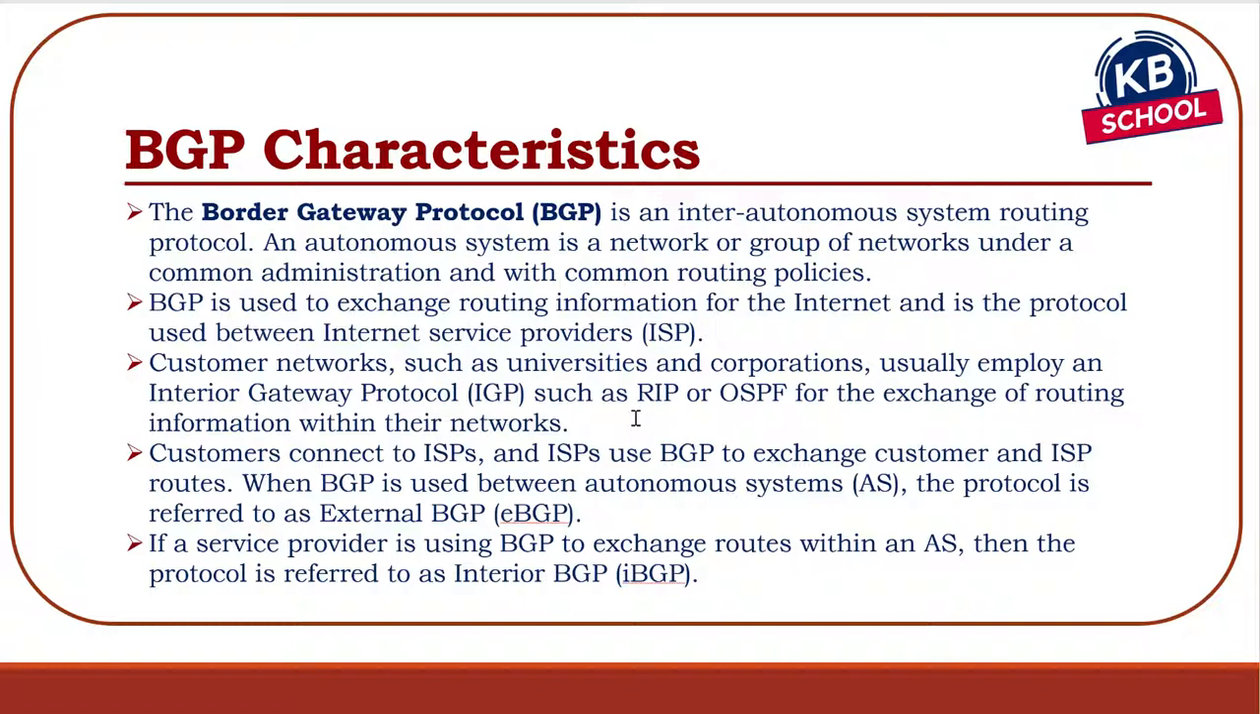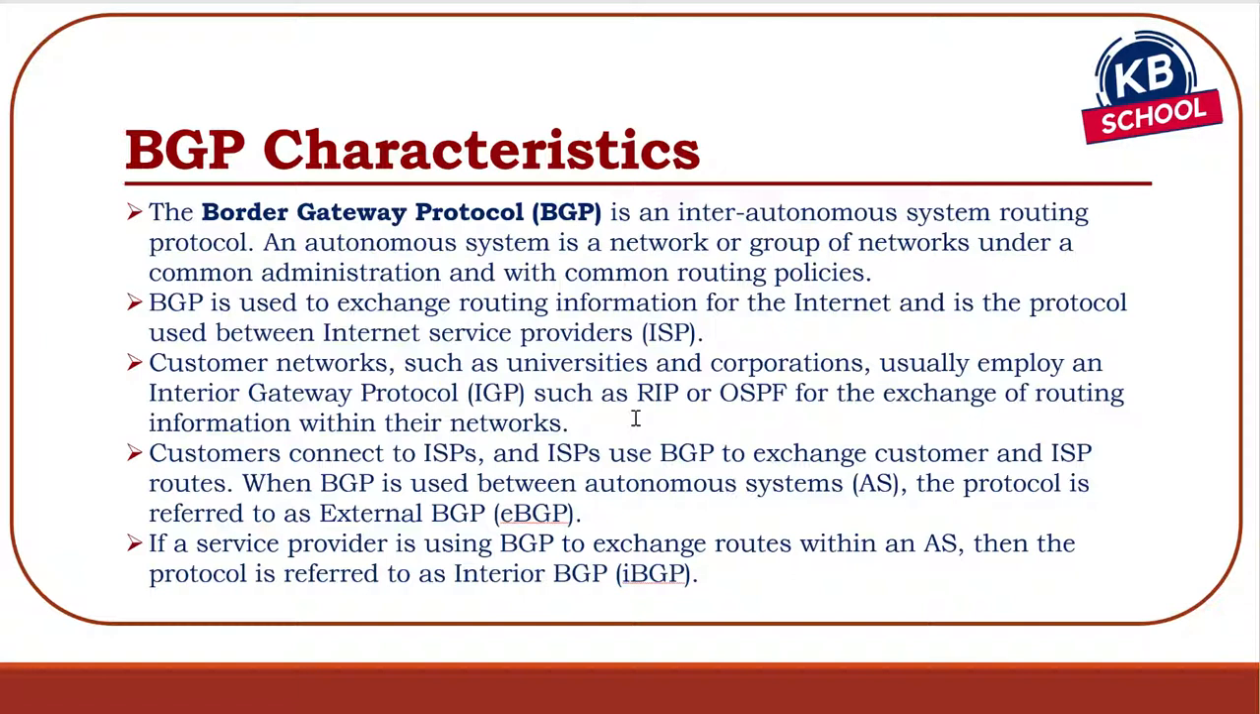BGP is used to exchange routing information for the internet and is the protocol used between the ISPs. We talked about that already. Customer networks within the companies will run some form of an IGP, whether it's RIP, OSPF, EIGRP, but when they talk to the internet, to the ISP, they either have a default gateway pointing towards the ISP, or in case of a multi-home type of setup, they might be running